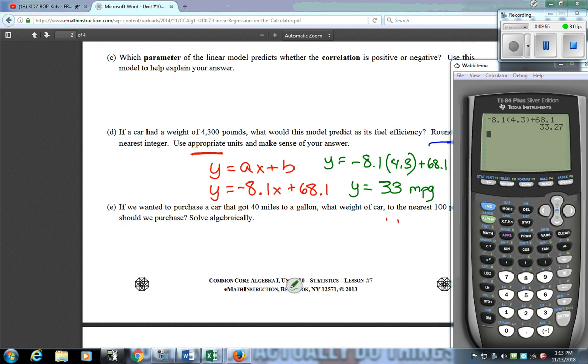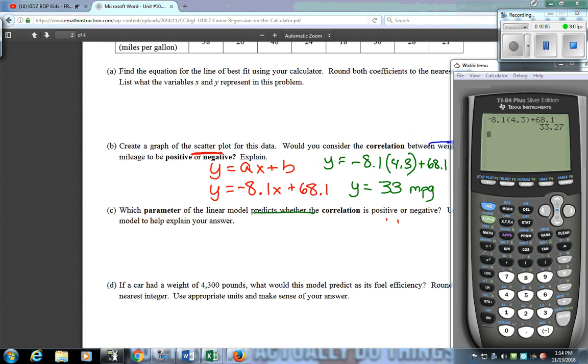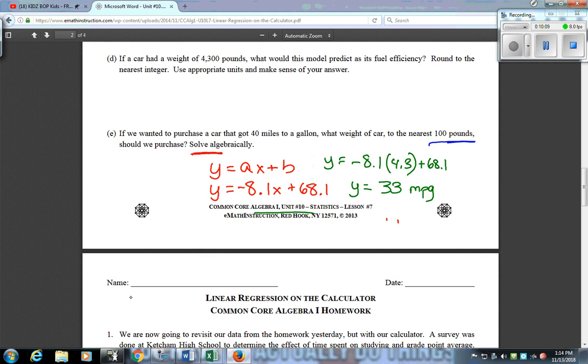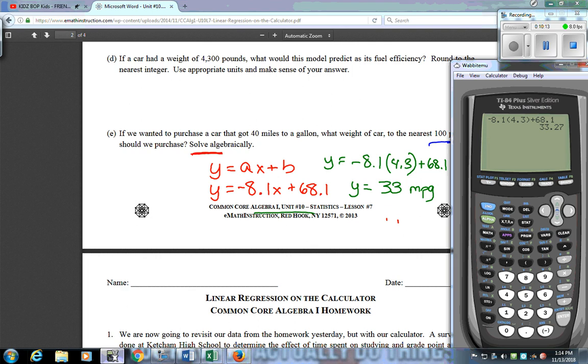gallon. And if we wanted to purchase a car that got 40 miles a gallon, what weight will we need? So again, that's your fuel efficiency. So if you go back up, that's the Y value, the mileage we talked about. So if I was doing that one, and I wanted to get 40 miles to the gallon, what I'd have to do is I'd have to substitute the 40 in, and then I would have to solve for